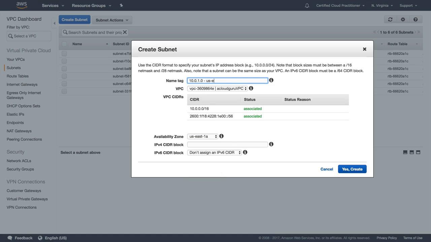So US East 1A. And by the way, just an interesting tidbit, US East 1A in my account can be a completely separate availability zone to US East 1A in your account. They will share the same name, but they can actually be different availability zones. The reason Amazon randomized the availability zones on a per account basis is because